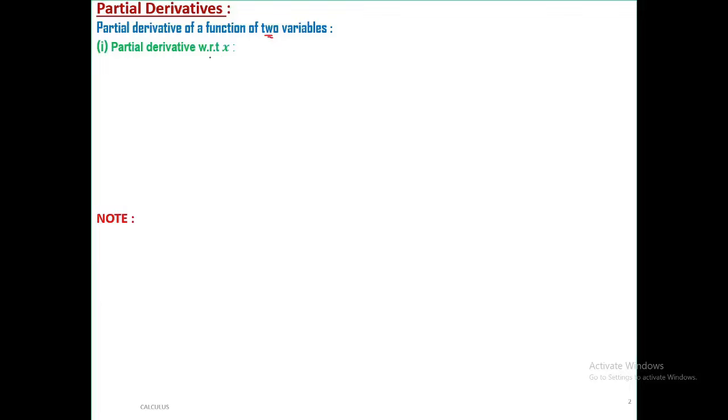Why the words "with respect to x"? Because if you look at, for example, the function f of x equals x square plus 2x minus 3 by 2. If this is a function, then what is df by dx? With respect to x, we have to do the derivative, right? That means 2x plus 2. That's it. But if the function is like this, f of x comma y is a function of two variables,